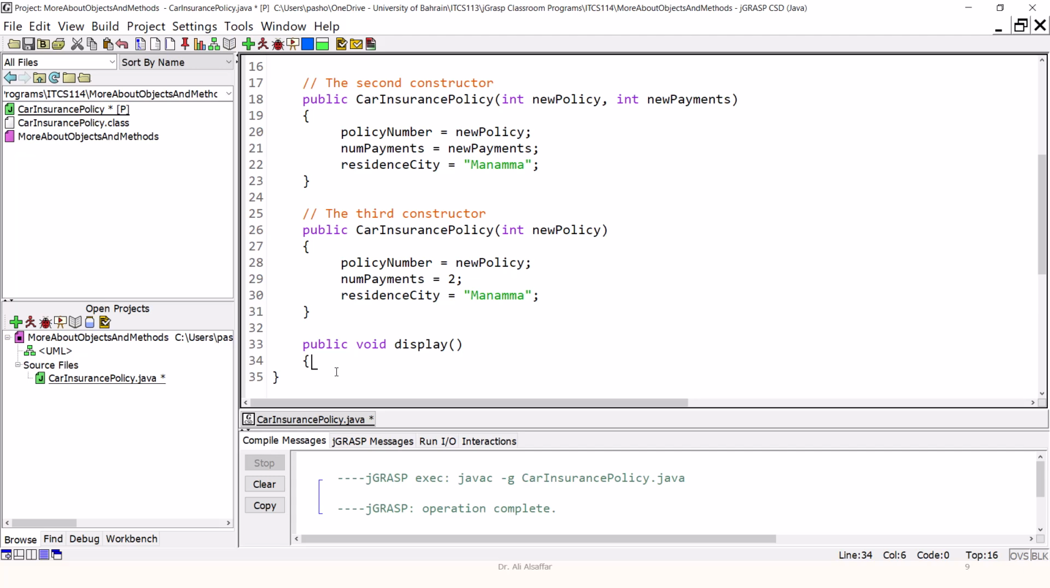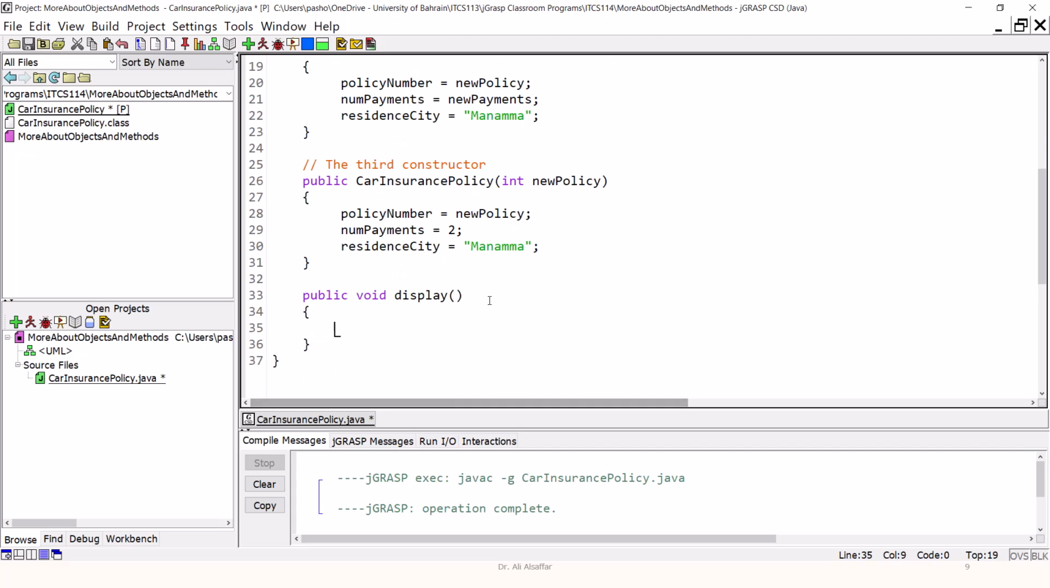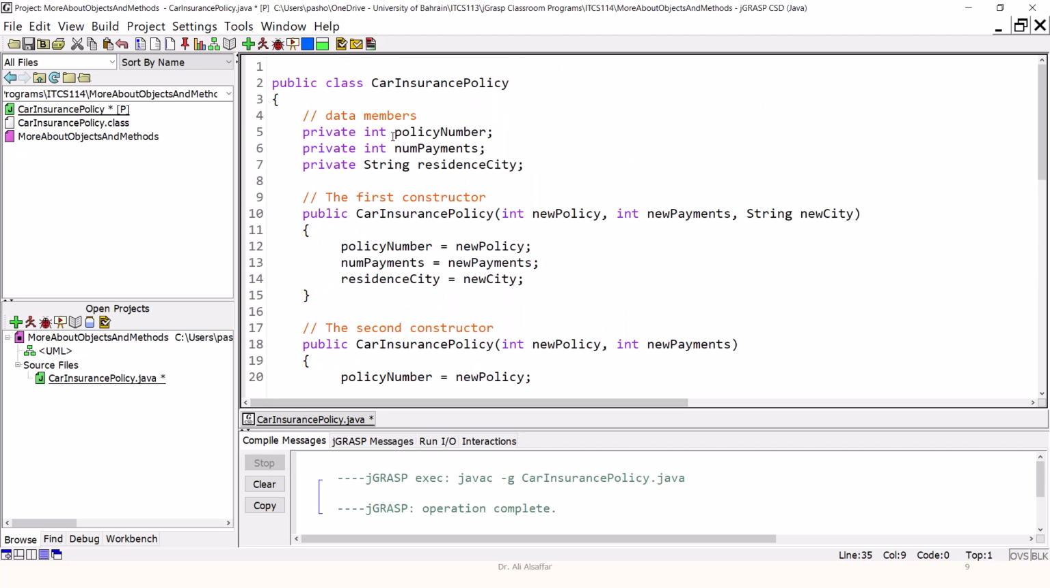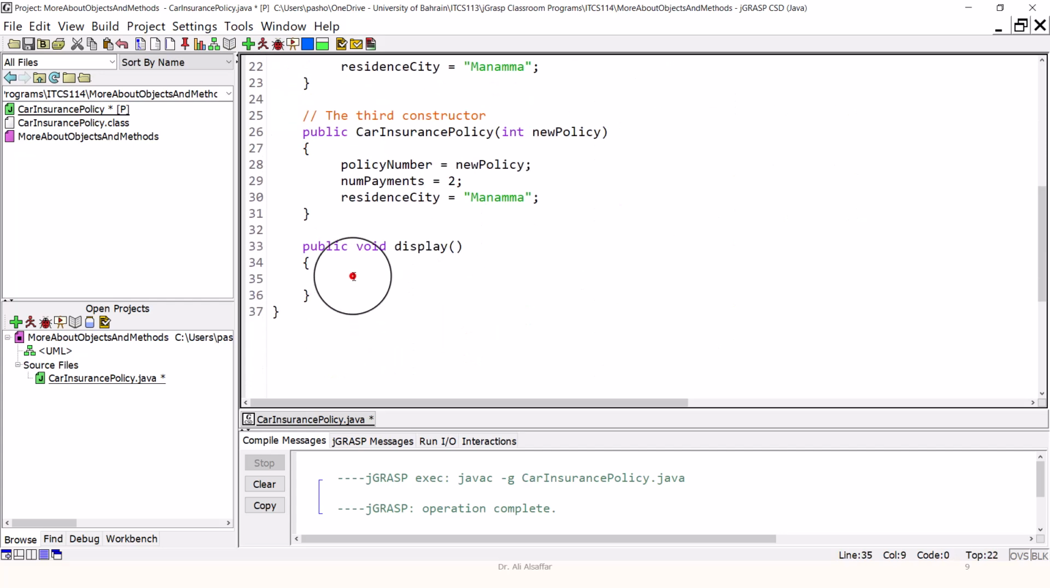And it does not need any input parameter. Why does it not need any input parameter? Because all the data that this method will print already exist inside the method. So I will copy these data, and then below I will write